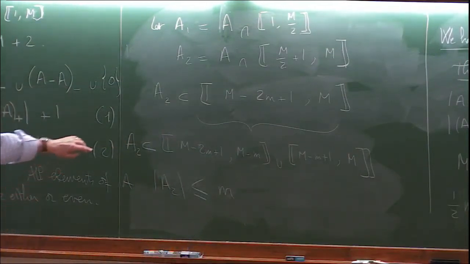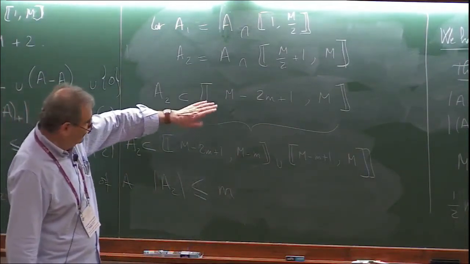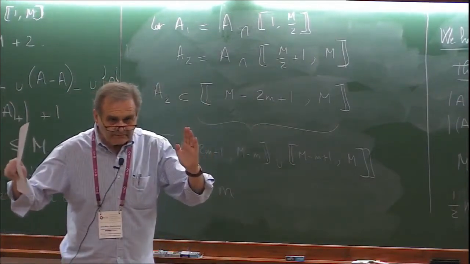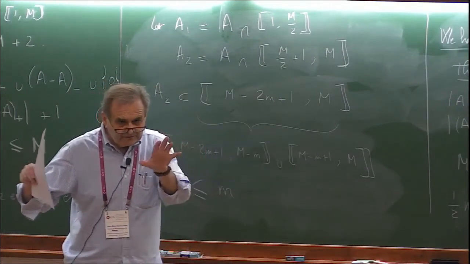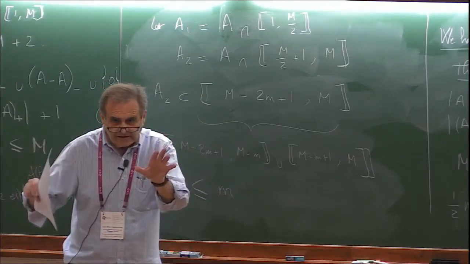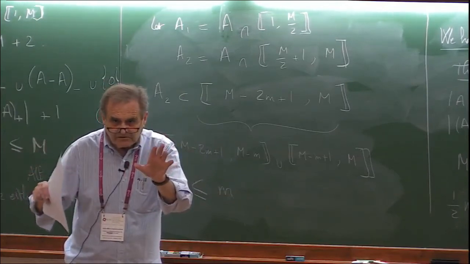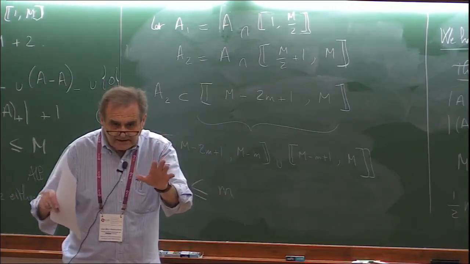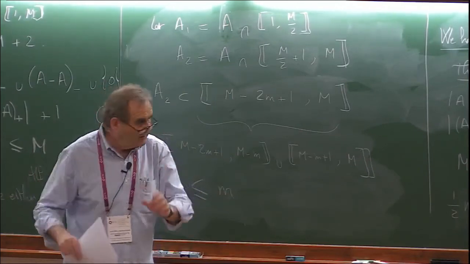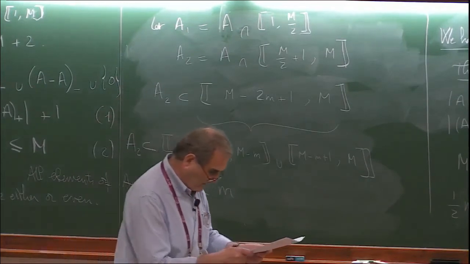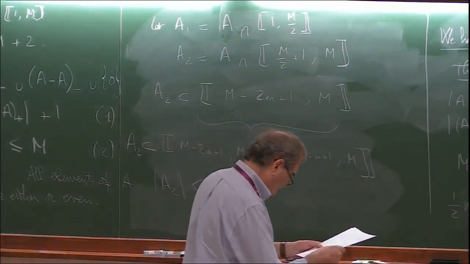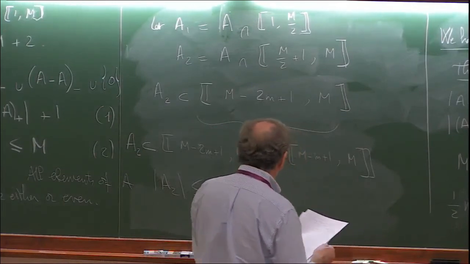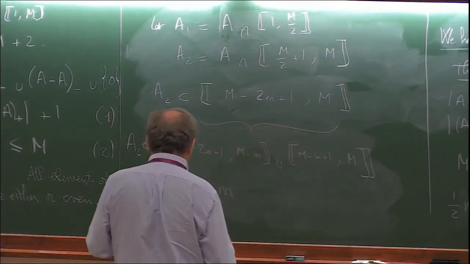You see that, do you understand? This is a set of length 2m. Okay? So what I can do is consider the first part and the second part, and they're shifted by little m, which is an element of A. So the number of elements in A you have in this set is at most little m. Aha, good. Is it fine? Yeah, we have A2 is at most little m.